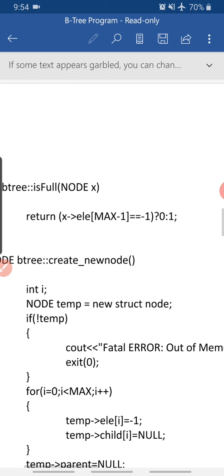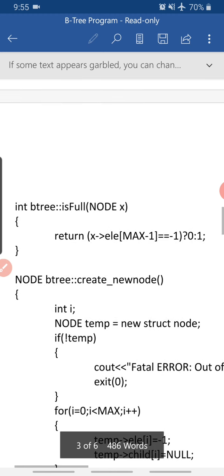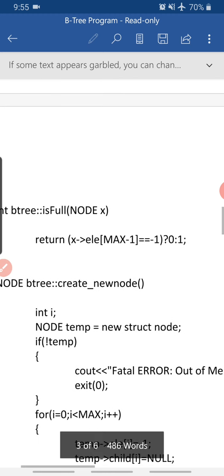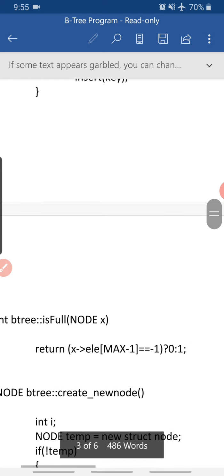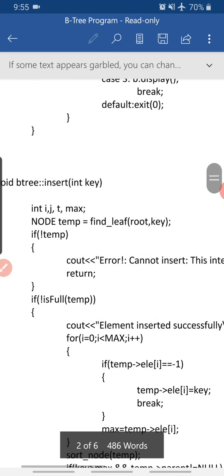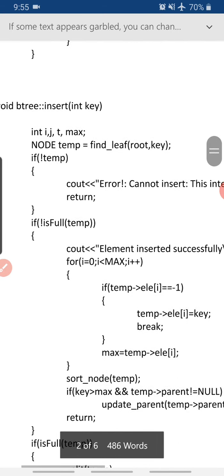Because in all the key values we have placed -1, if -1 is not present, that means there are actual values. So we check if the last value is -1. If its last value is -1, then it's really not full, otherwise it is full. So that's what it really means. So whether it is full or not, true or false is what it's going to return to us. So getting back to our insert method, we checked if it is full.